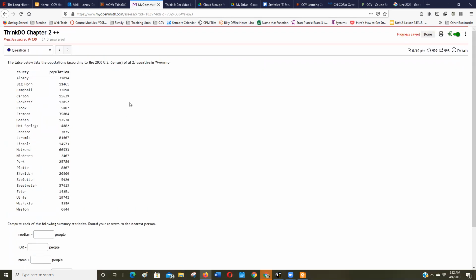What I do with WebAssign and MyOpenMath, because sometimes you have the right answer and you just type it in a way the system doesn't understand, is with these practice exercises: try them all, get at least a 70%, and I'll write in full credit in Canvas. Same thing with MyOpenMath. You don't even have to do MyOpenMath, but if you want to, try them all and get a 70, and I'll write in a full credit grade for you in Canvas.